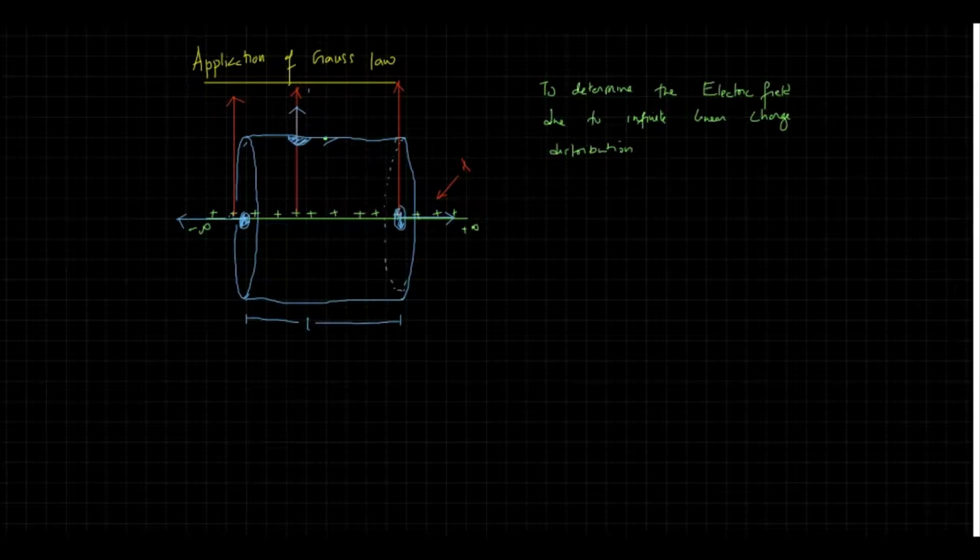Correct? So these are my electric fields. As for a positive charge, the electric fields are radially outward. So here is the electric field, here is the electric field, and these are the surface area vectors. Now, if I do the closed integral of this total flux, how can I do it? So what is this actually?